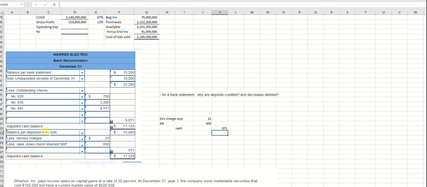Okay, so let me talk a little bit about internal control. You generally don't do these personally because you keep your own cash records and you write your own checks. But in a business, the person who writes the checks will never reconcile the bank account. The reason they will never reconcile the bank account is because if they're stealing money, they can hide it if they do the reconciliation. If somebody else does the reconciliation, they'll find it.